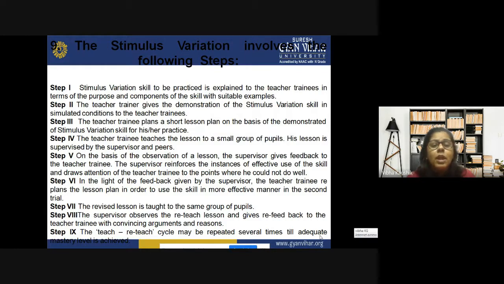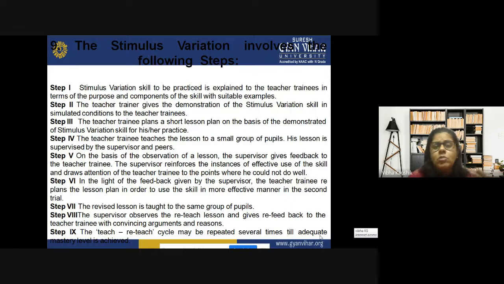Step 6: in the light of the feedback given by the supervisor, the teacher trainee replans the lesson plan. Means on the basis of the feedback, the teacher trainee will again prepare his lesson plan in order to use the stimulus variation skill in a more effective manner in the second trial,